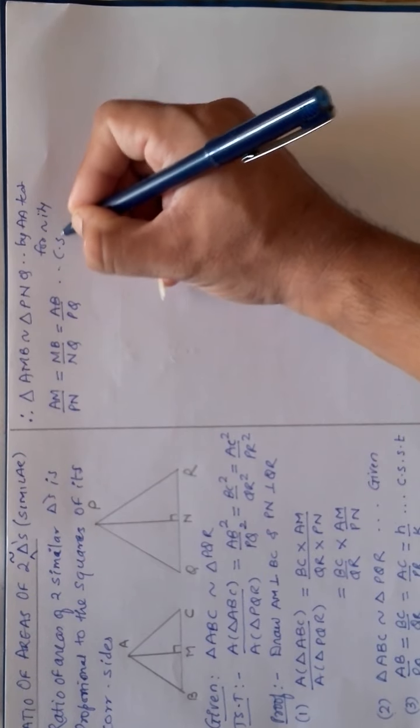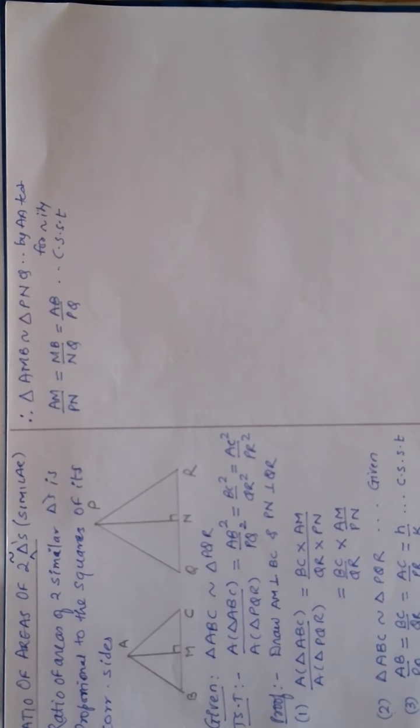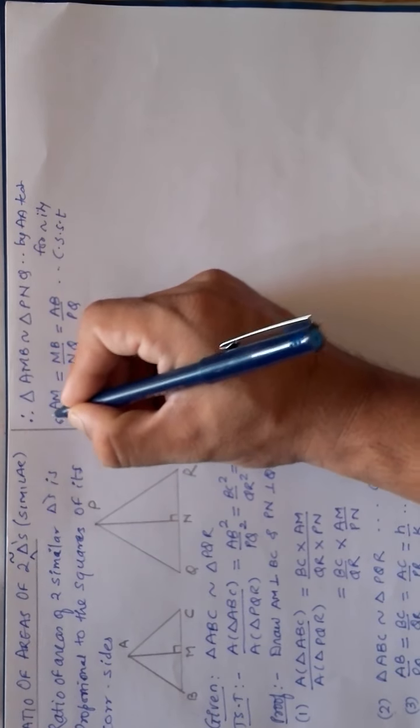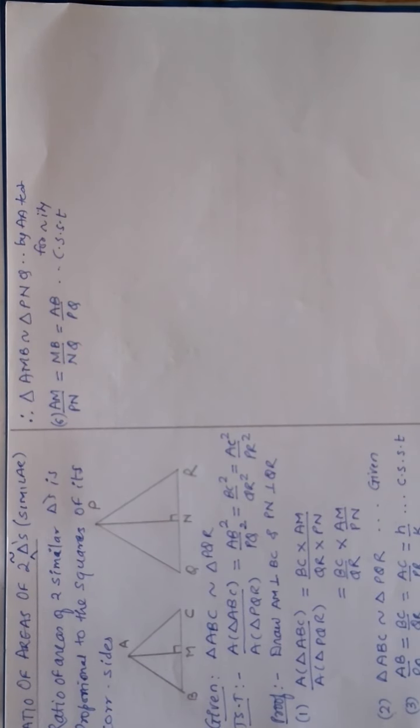These are again corresponding sides of similar triangles. Okay, now this is your statement number 6. Now if you see this statement number 6 and turn your attention to statement number 3, they have a common ratio over there. That is, AB is to PQ is present in statement number 3 also.